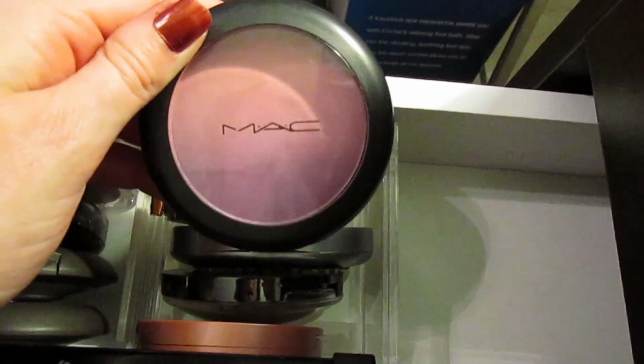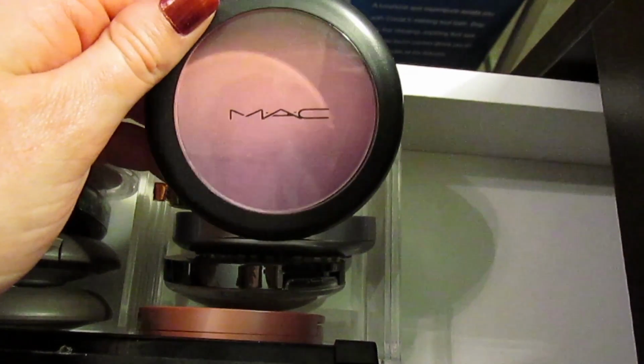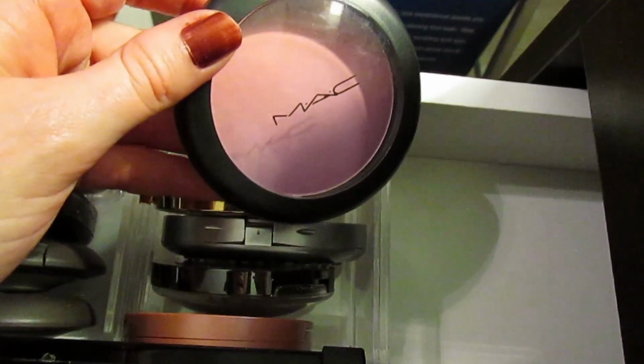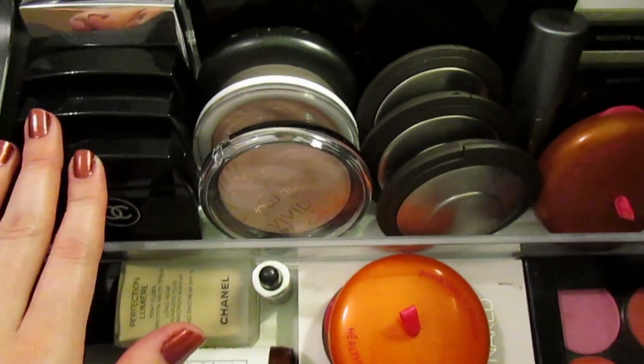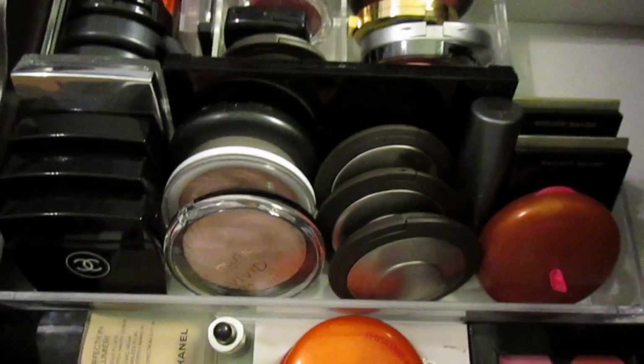And then my MAC Azalea Blossom Ombre Blush Powder. I love this. I don't use this very often just because it was really hard to get. And I honestly kind of forget about it, so I'll have to remember that. Then for more blushes and mostly highlighters and bronzers, I got this just like long one and it fits everything